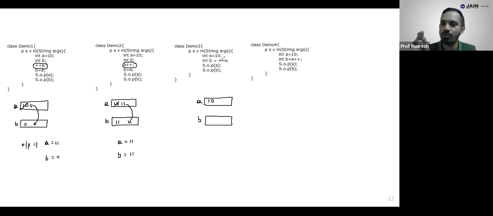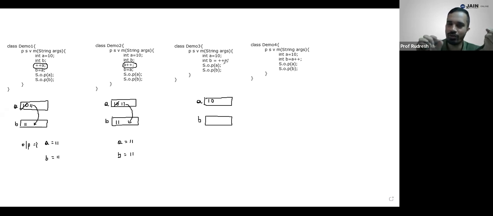This is where whether you are pre-incrementing or post-incrementing comes into the picture. Here, I'm actually pre-incrementing the value. Here, I'm post-incrementing it in the fourth example. All of you might have heard about a prepaid SIM card and postpaid SIM card. What is the meaning of prepaid SIM card? Prepaid means first you will pay the money, you will recharge, then you will use it. Whatever you have to do, you do it first, later you use that SIM card. But in case of postpaid SIM card, you will use it first, later you will pay the bill. In the same way,